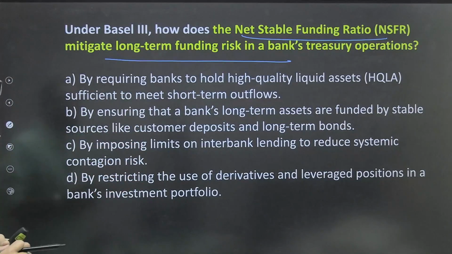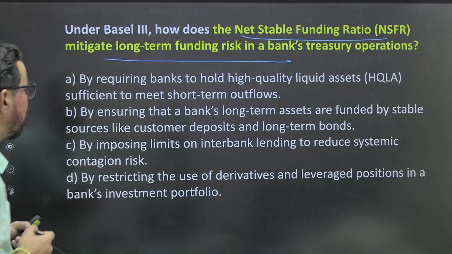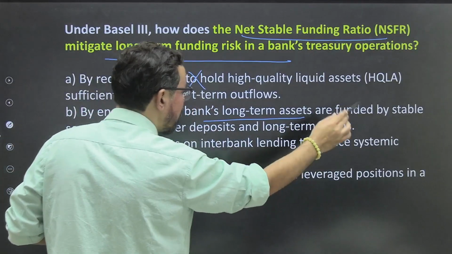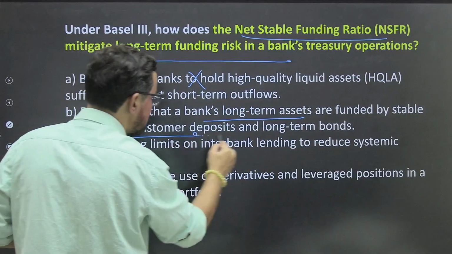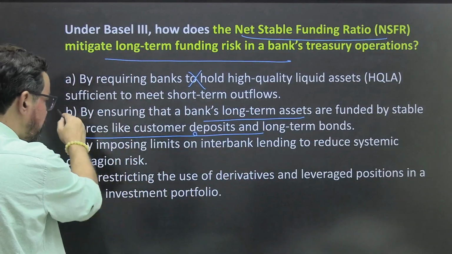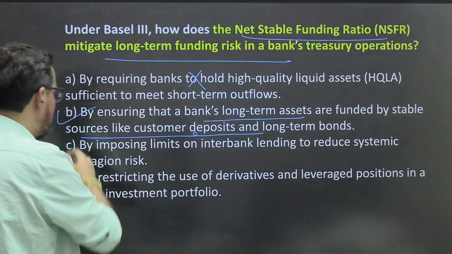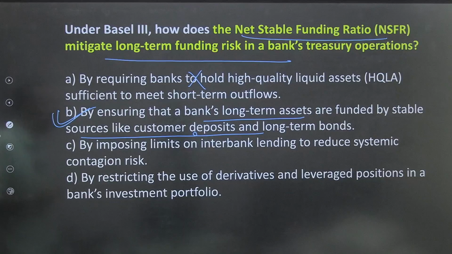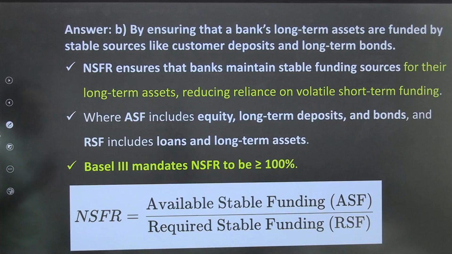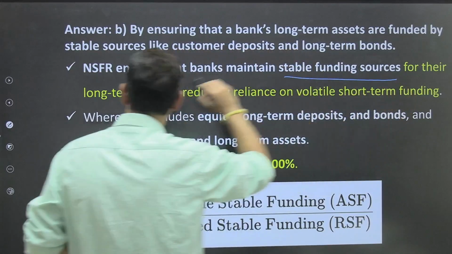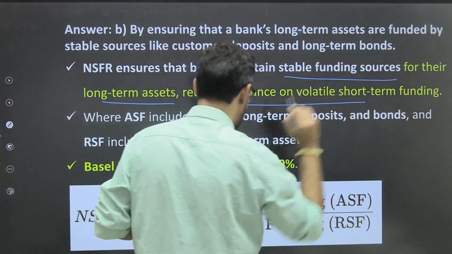By requiring banks to hold high quality liquid assets? No, this is about the LCR. By ensuring that a bank's long-term assets are funded by stable sources like customer deposits and long-term bonds, by imposing limits on interbank, by restricting bank the other. So the option, by ensuring that a bank's long-term assets are funded by stable sources, that is the best answer in this particular case. Okay? So NSFR ensures that banks maintain stable funding sources for their long-term assets, reducing reliance on